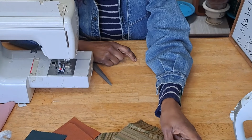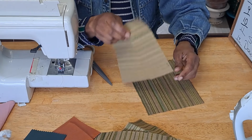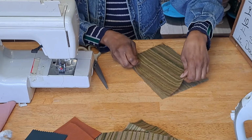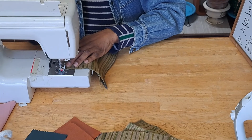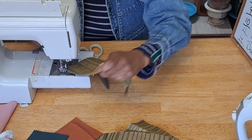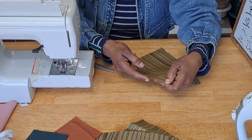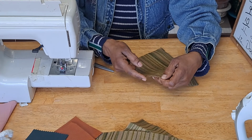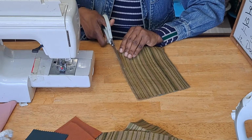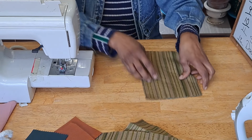Now let's look at a French seam. Unlike your flat seam, your French seam, you start off by putting your wrong sides together. And then you stitch. Now if you can stitch as close as possible to the edge, then that is an excellent thing to do. If not, and you end up with too much bulk on the edge, you just go ahead and use your scissors and cut off as much as possible, because what we're going to do next is